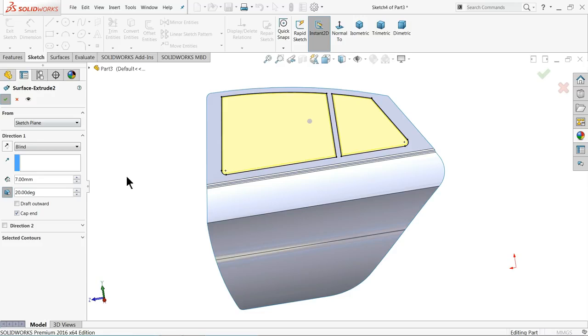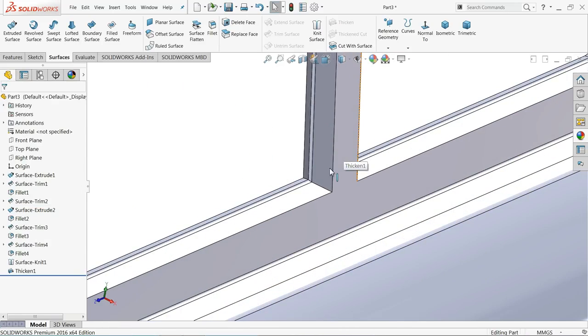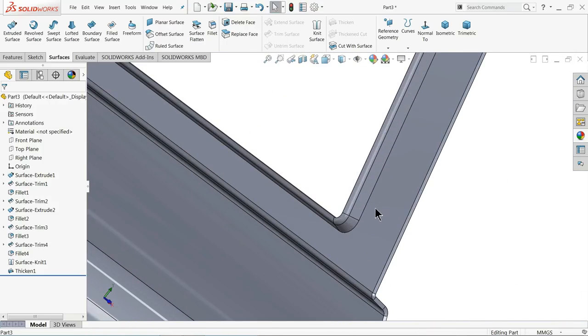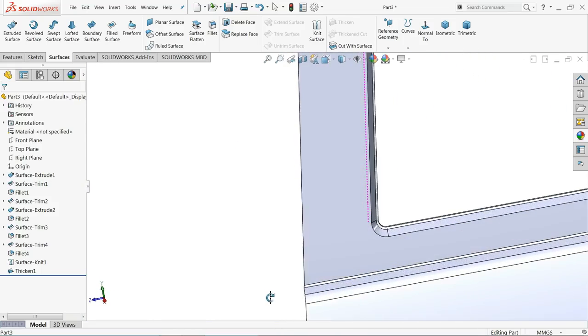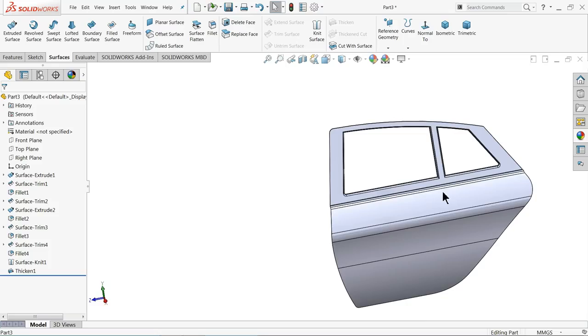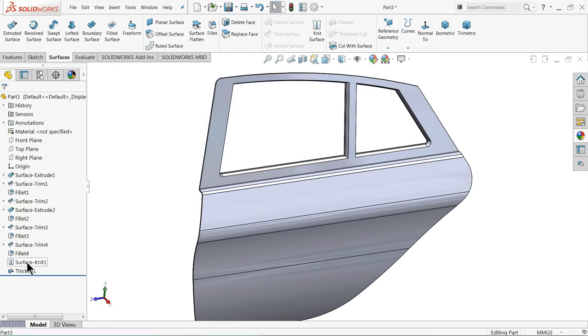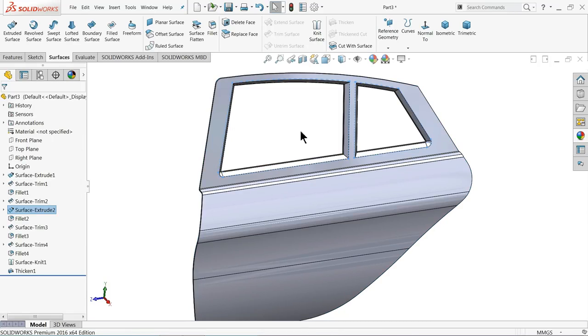Okay. Now see, if we take 20 mm, see the taper. Even if you can take more, 40 mm. Okay.